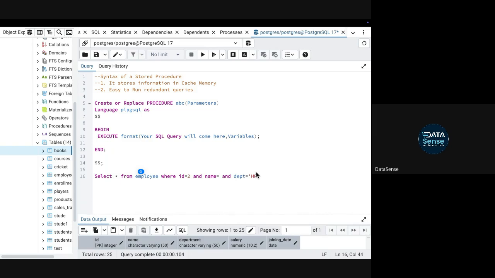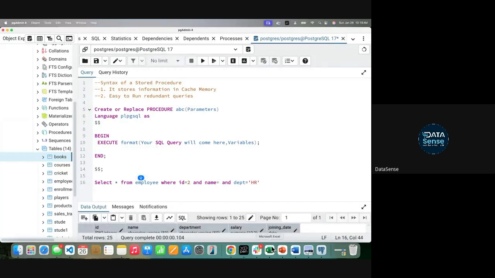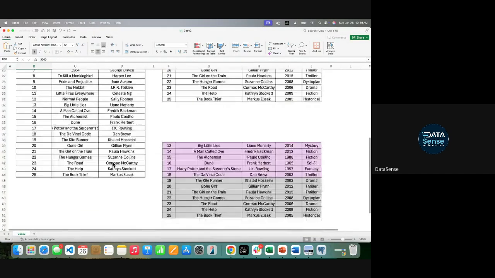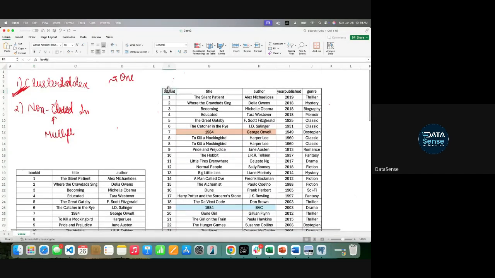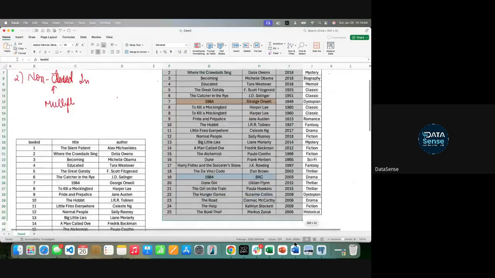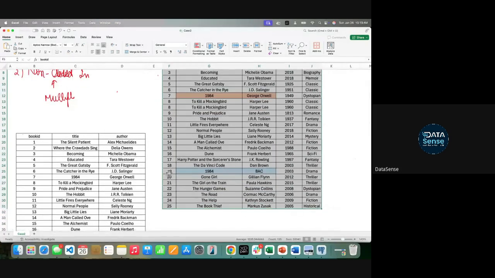Now what will happen is that whatever the static variables and static filters are, the data based on those will be stored in cache memory. Then if you keep on changing values, it will pick the values from the cache memory and start giving them to you. Let's say this is the data you got from cache memory after running it.